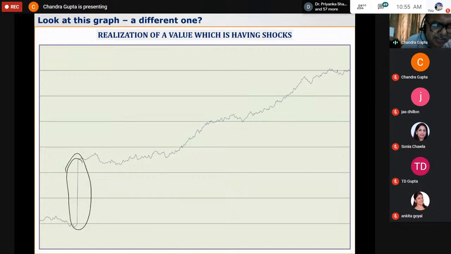but the series has not come back. It is moving away, away, away. So how to model this? That you can appreciate only by looking at the graph. So always make a time series plot when you are working with your data. That's the first thing. Make a time series plot to get a feel and understand the behavior of the time